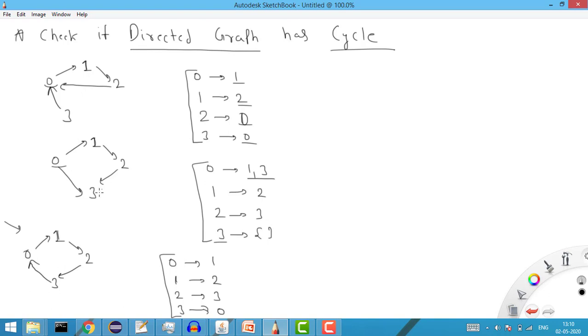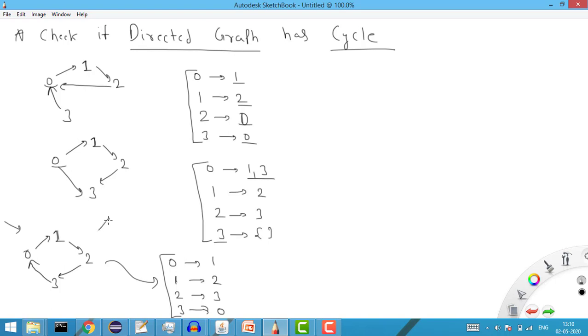If you see, there is no outward edge. It means for 3 we will have the blank array list or blank list. And similarly for this, we'll basically have this graph as this one, adjacency list, right? So this is the normal way till now that we have the graph. Now we need to check whether there is a cycle or not, and we have represented this graph as the adjacency list. Now here is the important point.